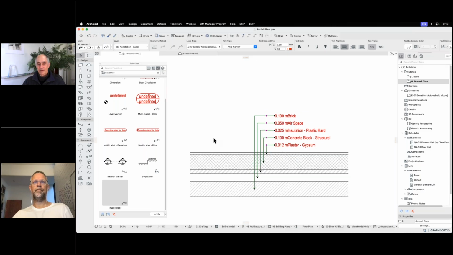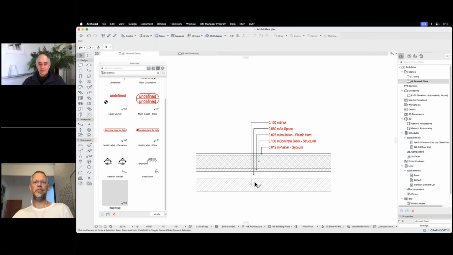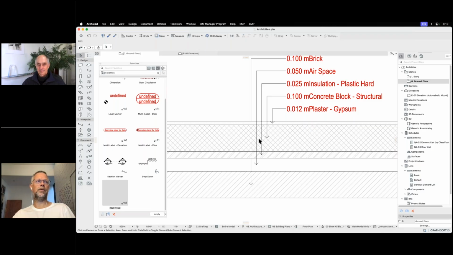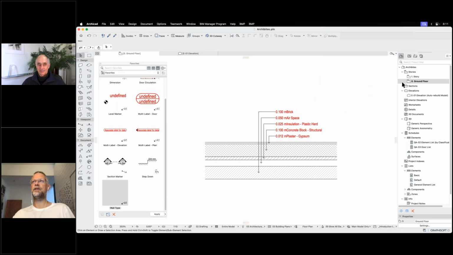Awesome. And of course they're customizable. What the arrowheads look like, they're all customizable as well. So that was one thing, and the other thing was the section marker. I wanted to quickly show the section marker,